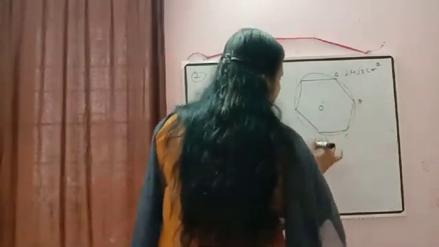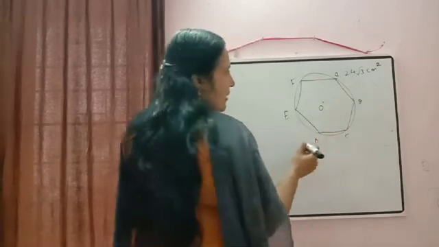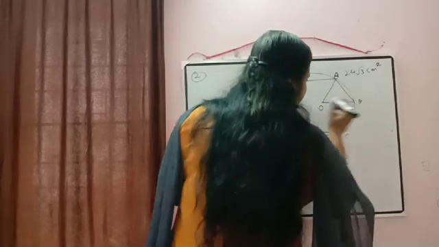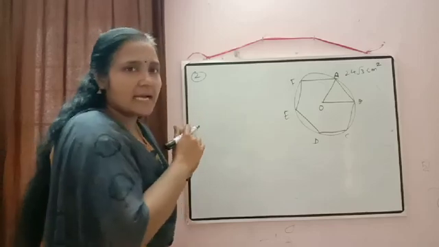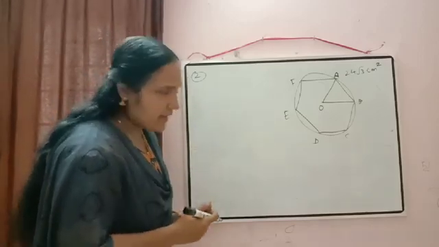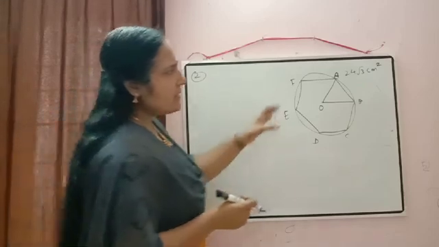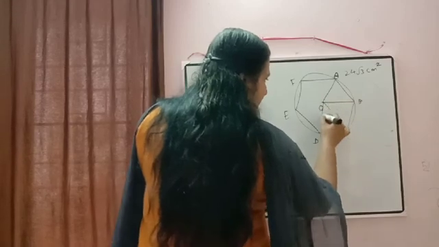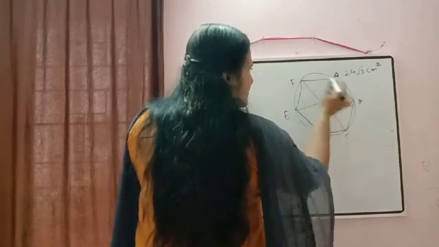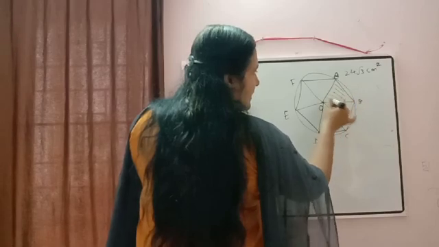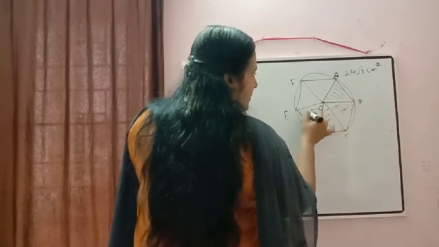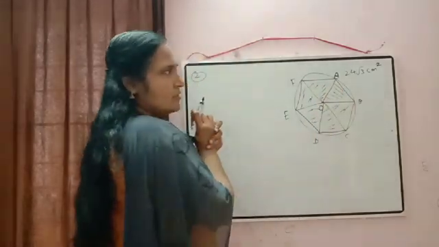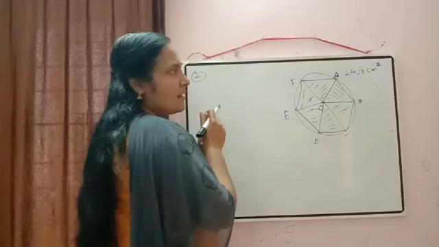We can mark the points here. So now I am joining the radius here, so OA and OB are joined. Now the area of the hexagon is given. How can we relate it, how will the area of the hexagon come there? Area of the hexagon means this one, correct? This area is given. So how can we calculate that area, because the radius is not given?